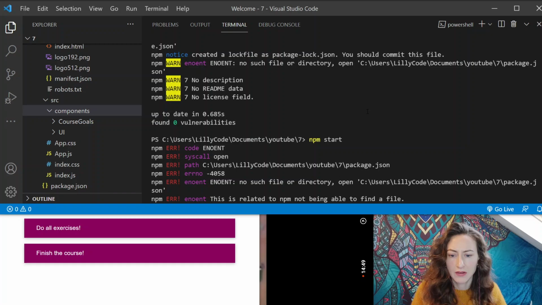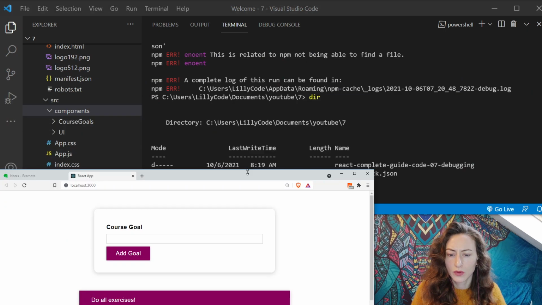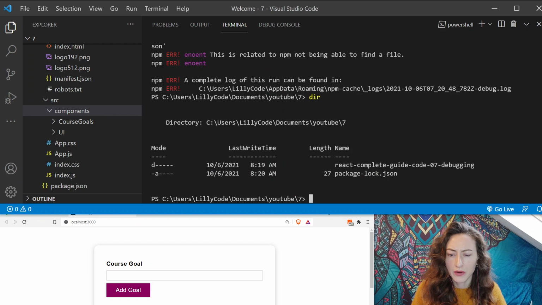This is due to npm not being able to find a file. So I just ran it from the wrong folder, basically. That's what's going on. So therefore, if we just do dir again, you can see the folder structure we have here. So we have another folder within here that we actually need to go into. So I'll just go in there, and I should delete the package-lock.json file. But for now, let's just go in here,